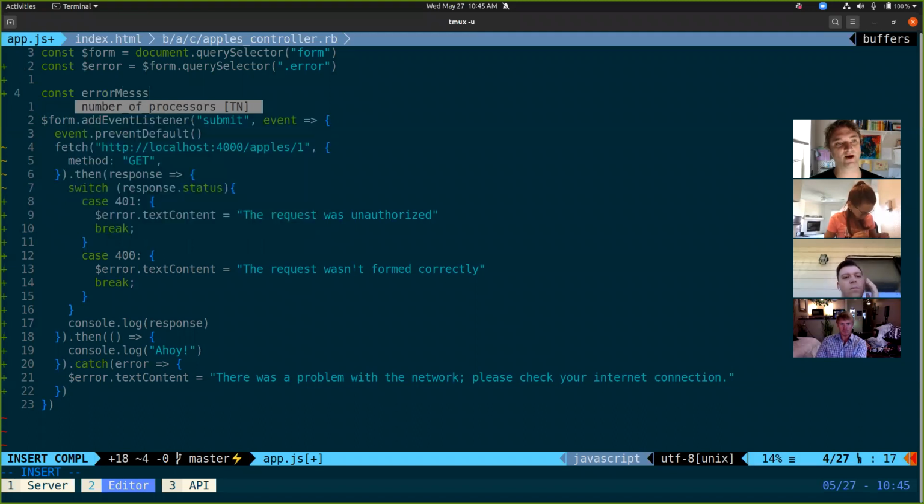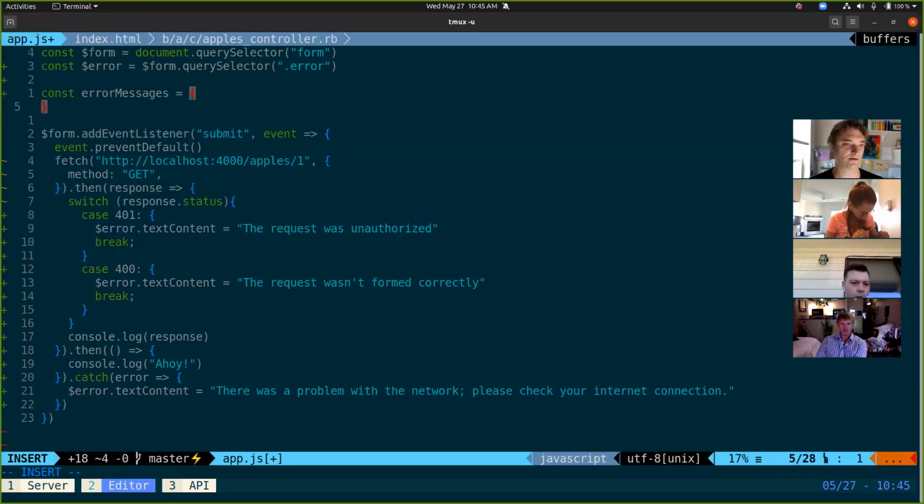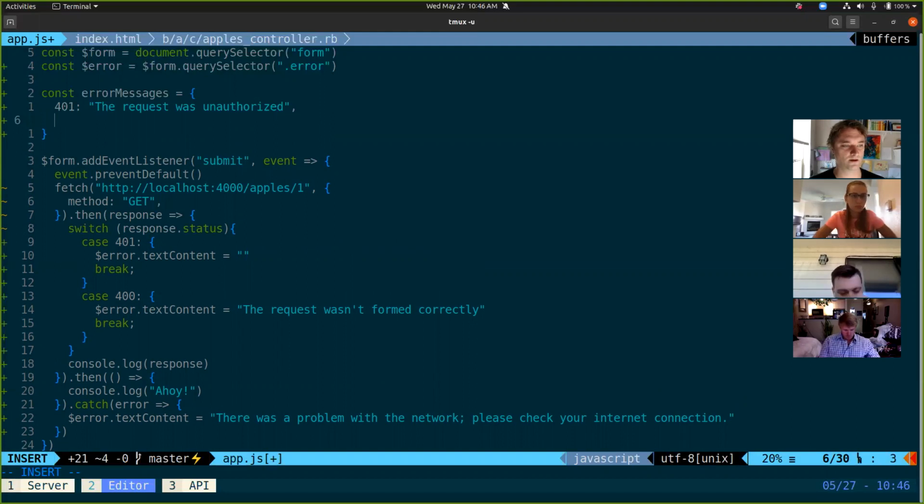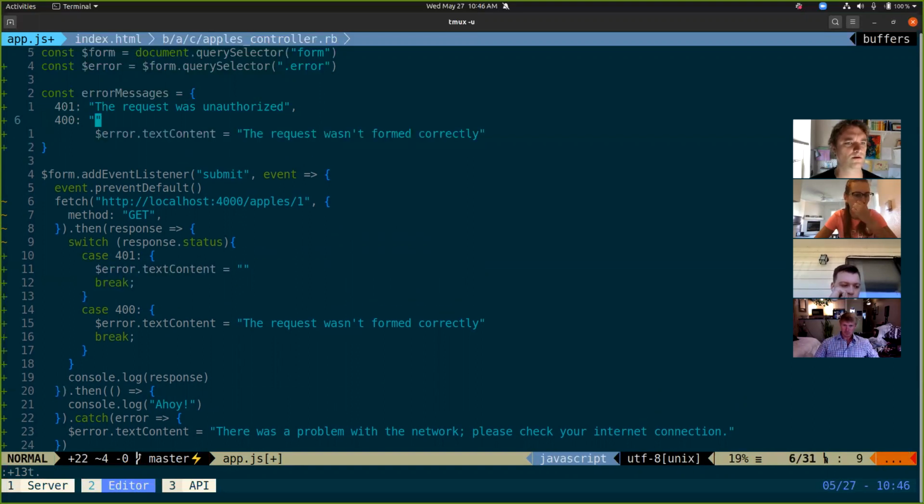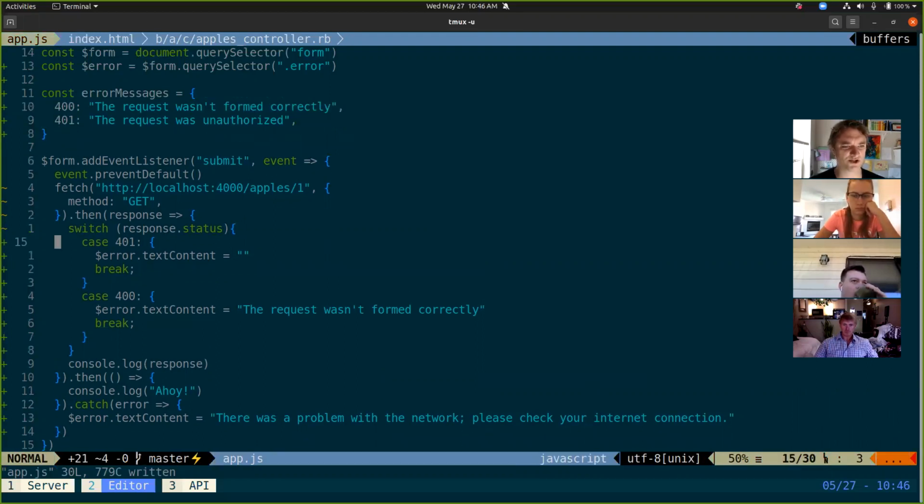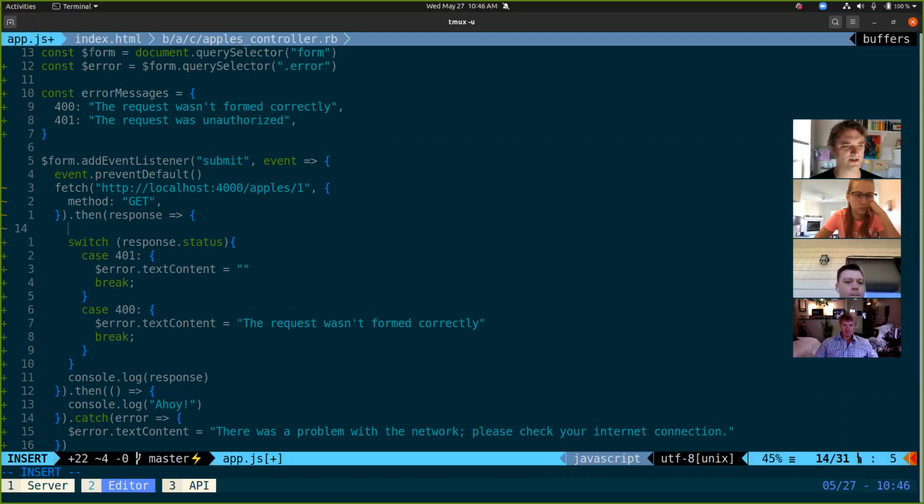So if I have something like error messages, and then I can have 401, 401s is that. 400s is what's that? 13 to here. So now I can just have these in some kind of object, and instead of the switch, and look it up. I have something like